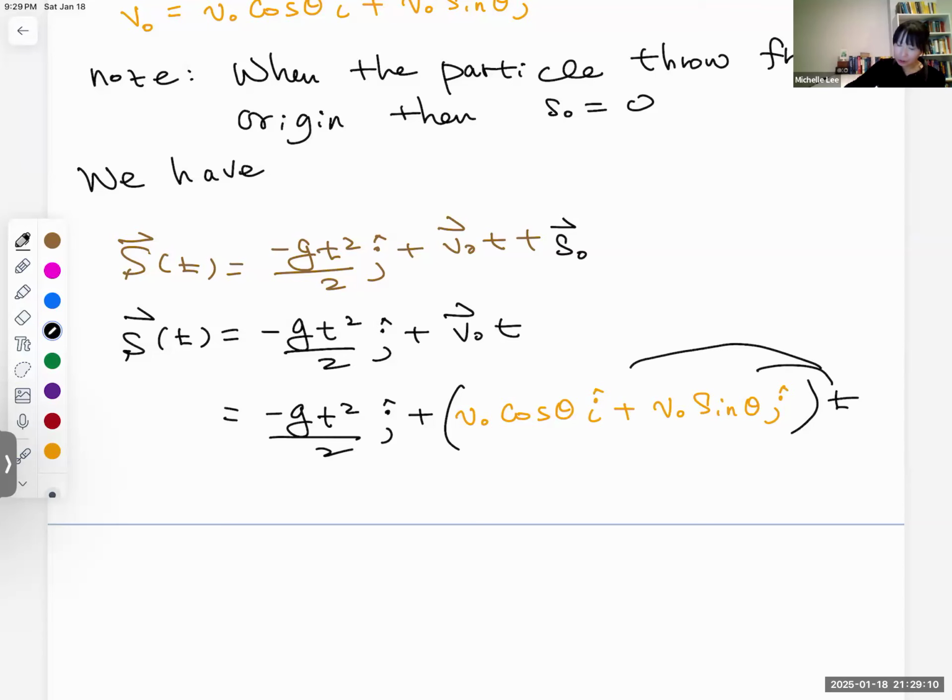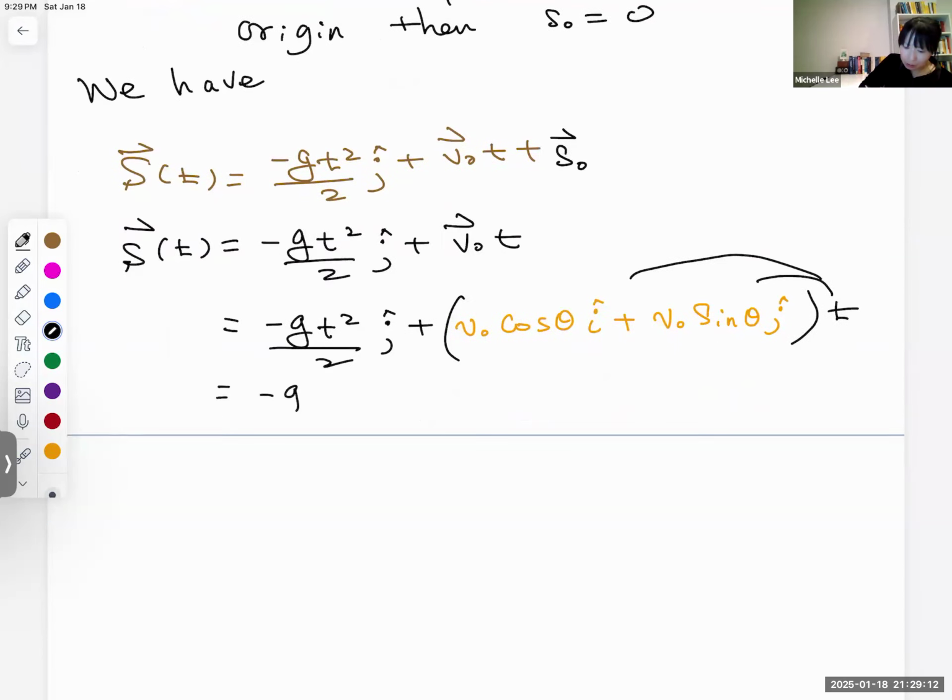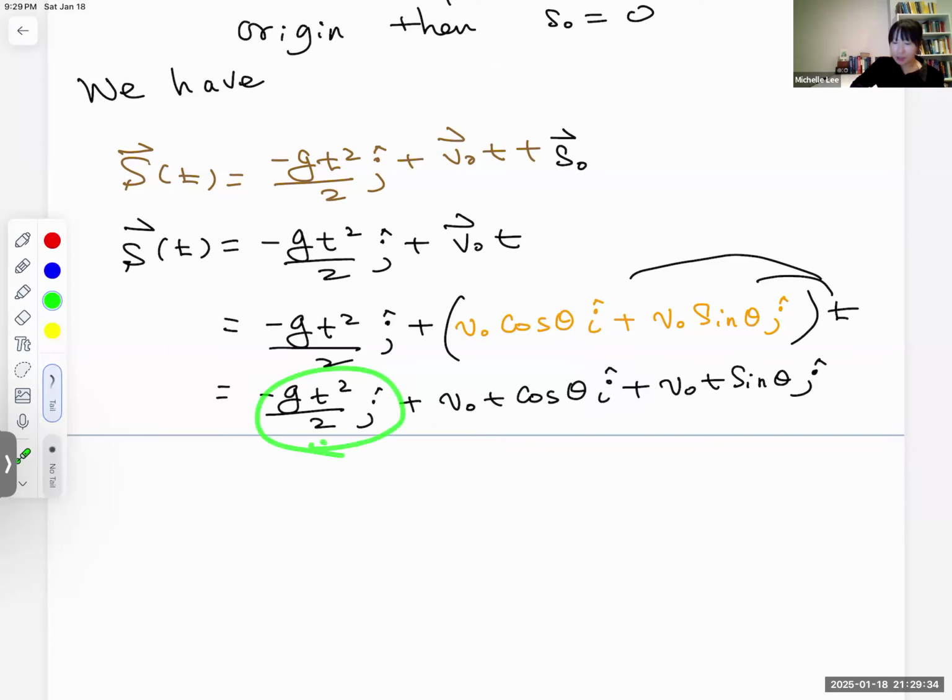So we distribute. So there will be negative GT squared over 2 j hat plus V naught T cosine theta i hat plus V naught T sine theta j hat, right? Okay, we can see that this is a j hat, this is j hat, right? So we can combine j hat with j hat, right? So that will be V naught T cosine theta i hat